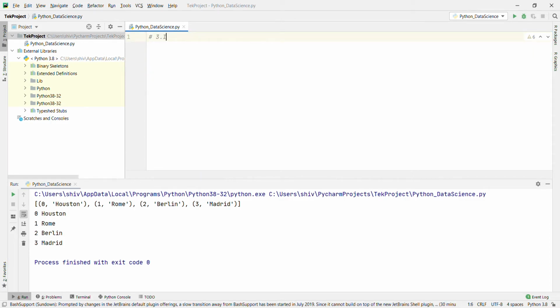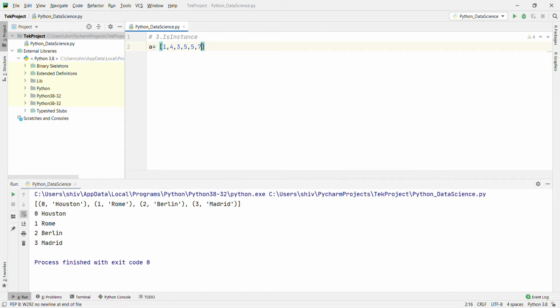Third one, isinstance. The isinstance function is used to check or compare classes or objects. It accepts an object and a class as arguments and returns true if the object is an instance of that class. Let's go with the example. A equals 1, 4, 3, 5, 5, 7, and B equals set of A, and print